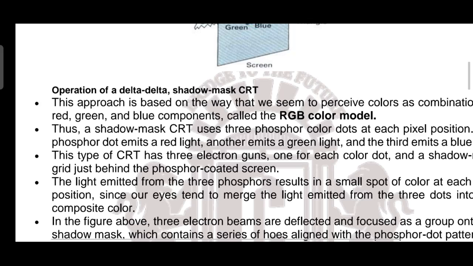Okay. The main thing is this combination of RGB. If you split white light using a prism, I hope you are all familiar with the prism experiment, it will produce seven different colors. Those seven different colors mainly contain three color components: red, green, and blue. So with the help of these three components, RGB, we can produce any number of colors by combination, by varying the intensity and so on.